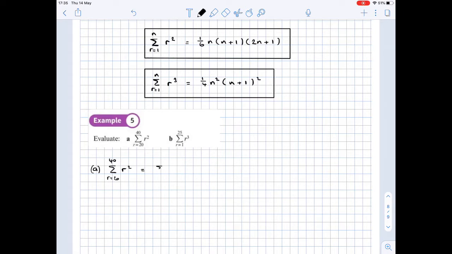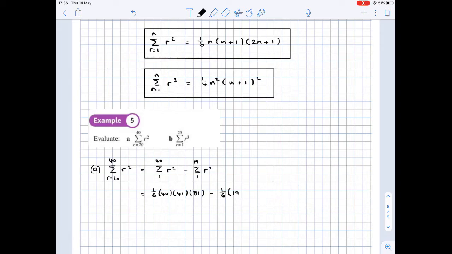So hopefully you can remember that that is the same as going from the first term to the 40th, and from that subtracting the first to the 19th of the r squared. Now we can use a formula for this. So we're going to use the formula a sixth n, n plus 1, 2n plus 1. So this first one, filling those in, we have a sixth, n is 40, 40 plus 1 is 41, 40 times 2 plus 1, 81, and from that we're going to subtract,